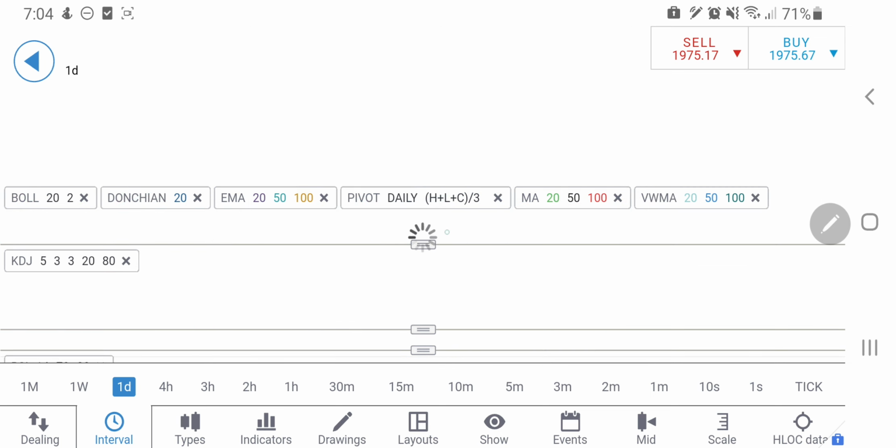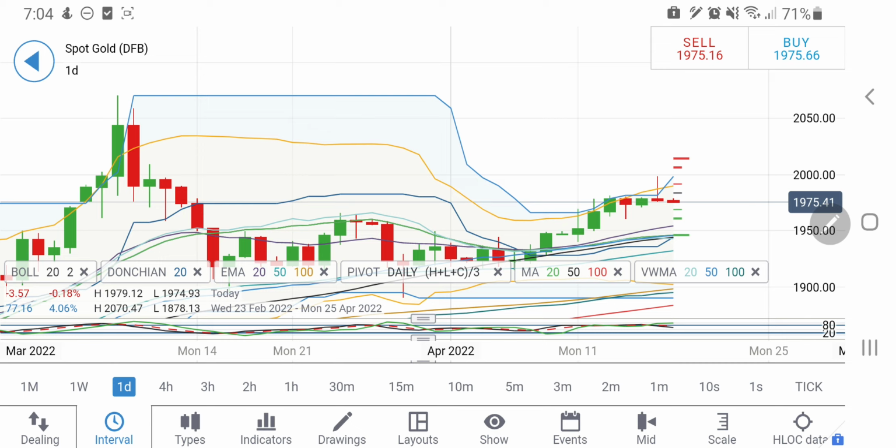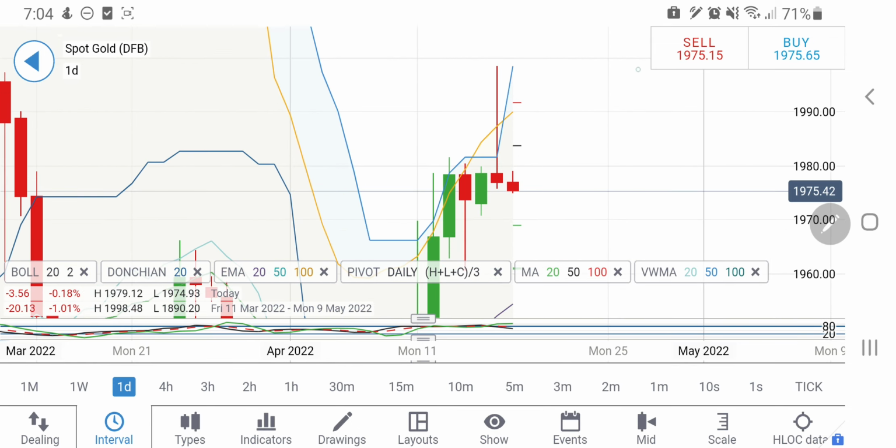Now let's come back to the daily charts. On the daily charts, now see, once again it is trading below the 1980 level. There was a breakout yesterday. Now it is trading below 1980, which is a strong support or strong resistance zone. For it to pass, any move above 1980 is the only indication that it is trying to act bullish, or it may try to rise further.